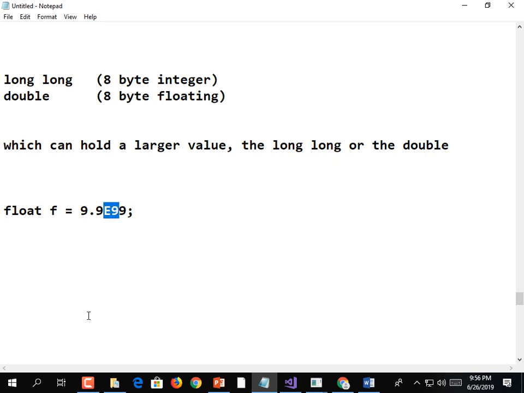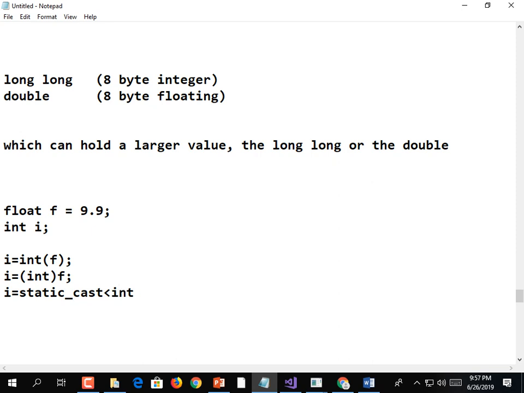How about just 9.9? If you want to store that into an int, there are 3 different ways. i = int(f), that's one way. i = (int)f. This is the C style. This is the old C++ style. And this is the new C++ style using static_cast: static_cast<int>(f). Now that sure is wordy, but